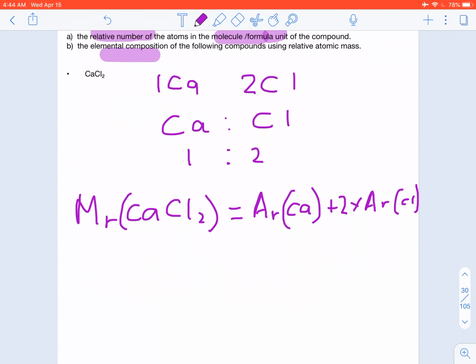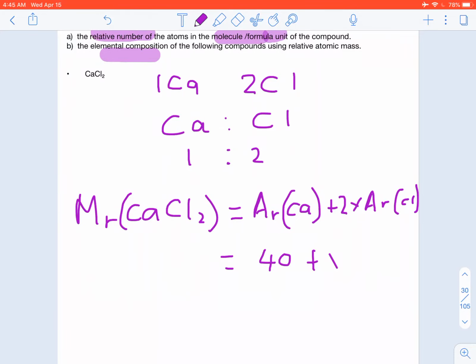Now that is equal to 40. Had we wanted it in atomic mass units, then it would have been 40 u, but we are just dealing with relative atomic masses,